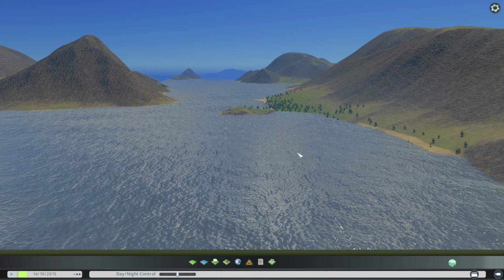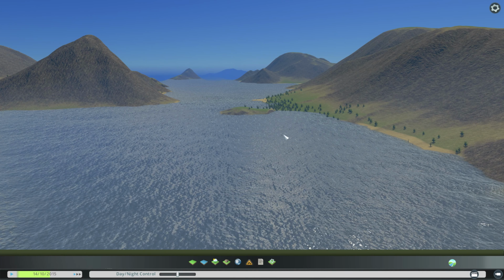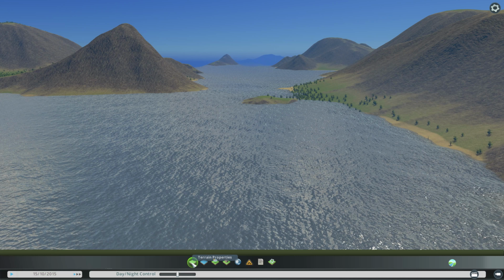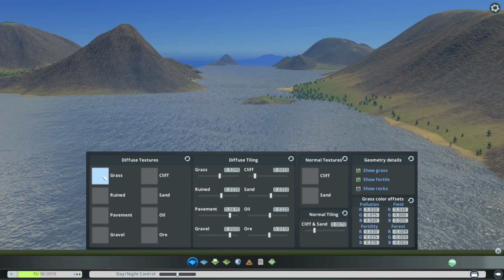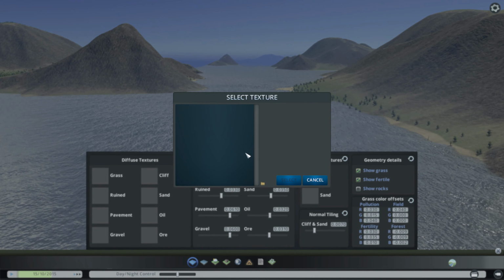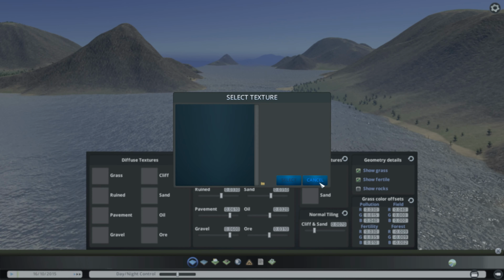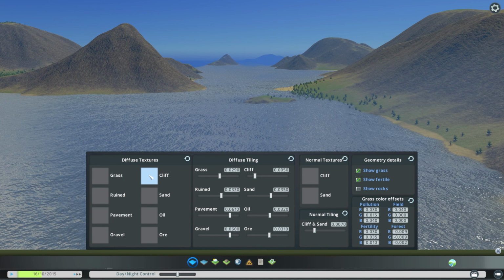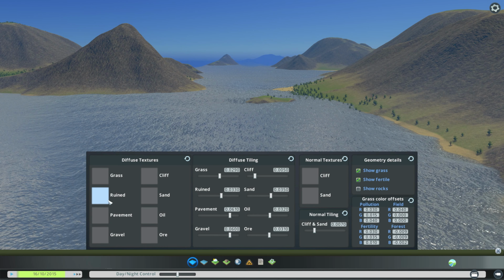Okay, so now we are in the theme editor, and there are a few things to keep in mind here. There are different things that you can do to your theme. First of all, you can change the textures by going down here, and these are all different textures that you can select. I don't have any textures available for me to show you how this works, but if you go to textures.com,